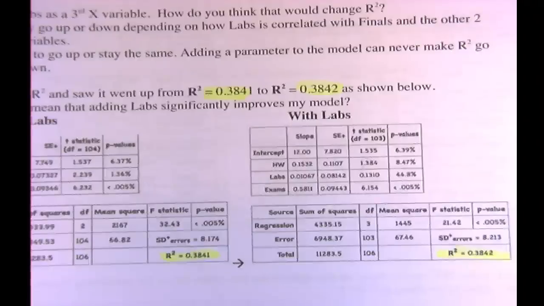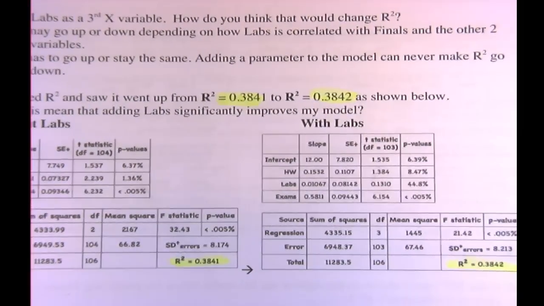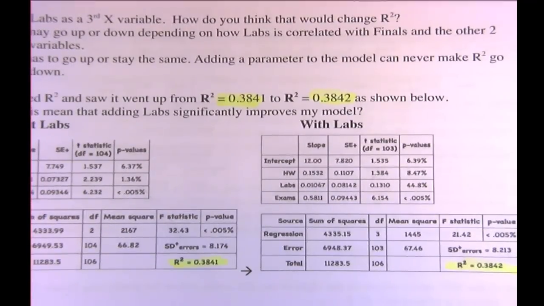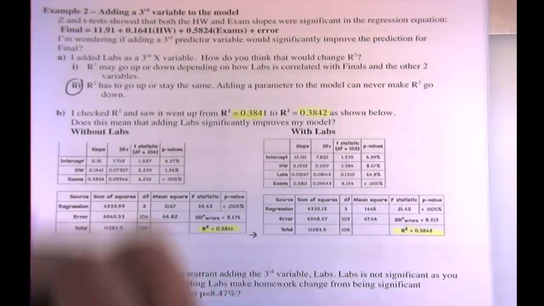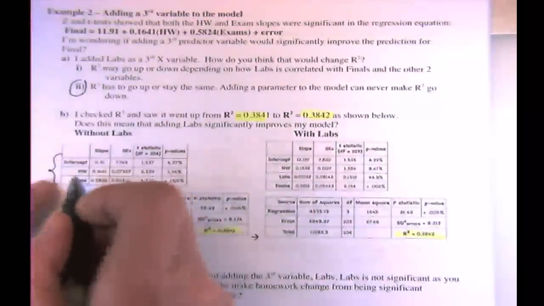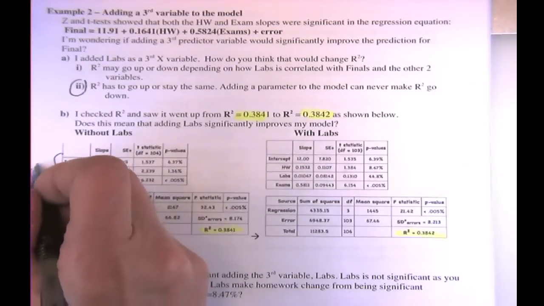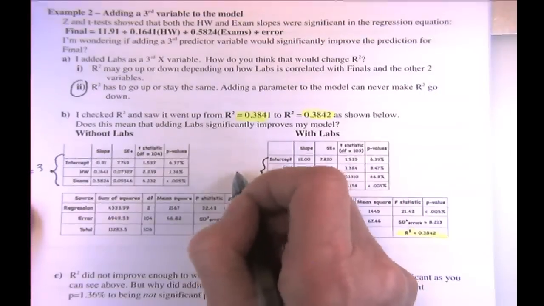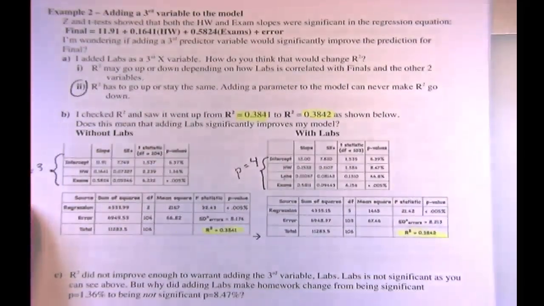So how am I going to judge if I should keep labs in or not? Well, look, the number of parameters is equal to 3 here. There's a beta naught, a beta 1, and a beta 2. Now I added a parameter, labs, so it went up to 4. So my r squared went up,